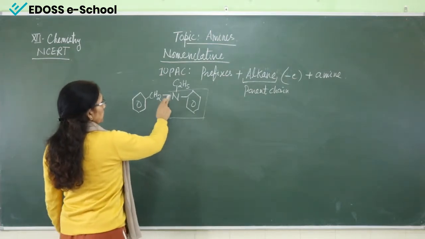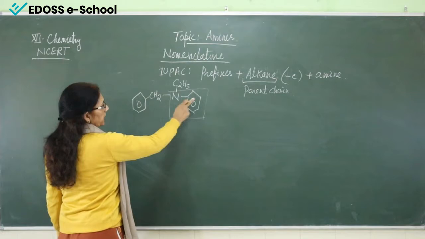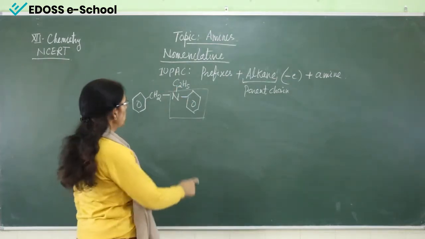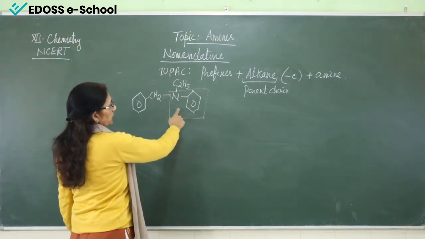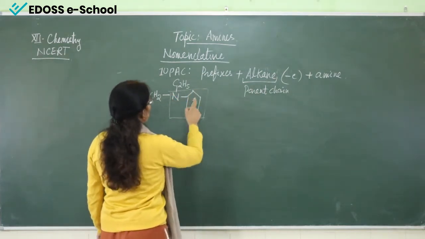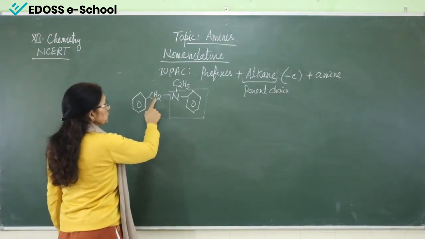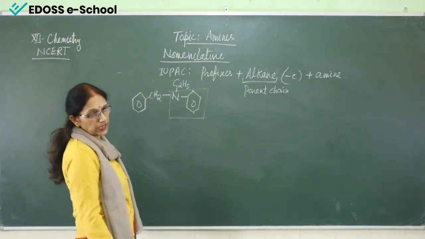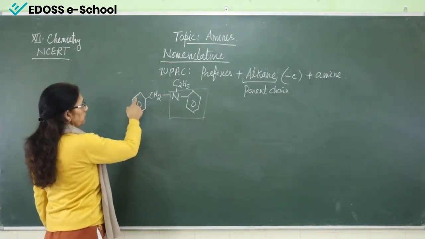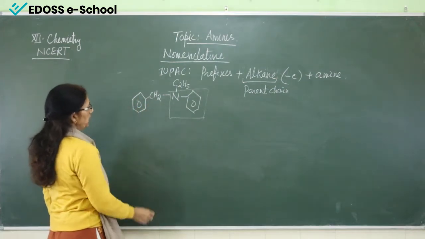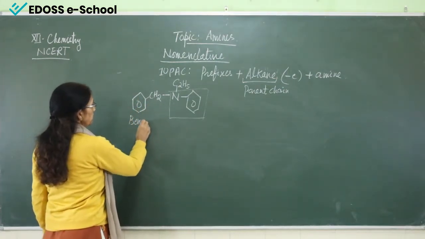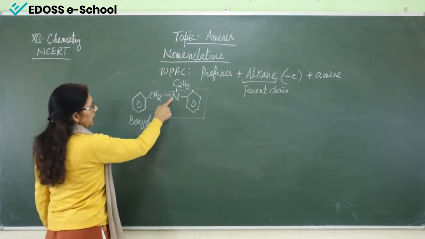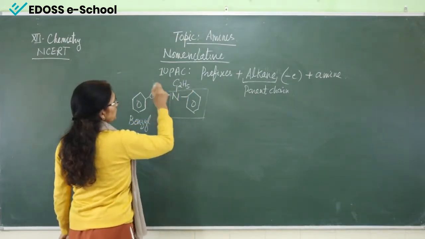So this is our parent chain, because the carbons are not attached directly. So we can't say that the parent chain is this. Now the parent is this one. And now coming to the prefix. This CH2 group is known as benzyl. When a CH2 group is added to a benzene ring, it is known as benzyl. So this benzyl is attached to nitrogen and this ethyl is also attached to nitrogen.